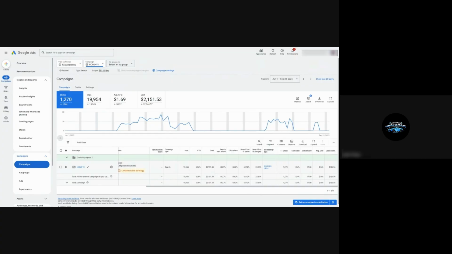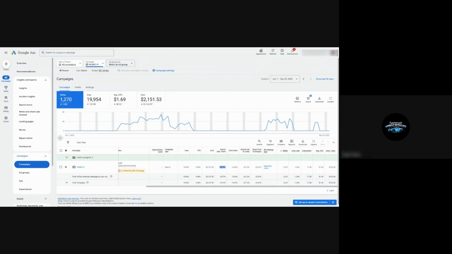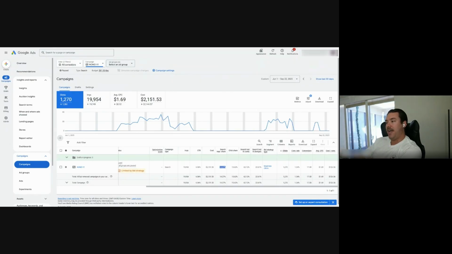14% of people saw my ad. Is that what you're saying? Or out of all the people running ads at the same time? Yeah. So out of anyone who searched anything that could have possibly triggered one of your keywords to show them your ads, you showed up 14% of the time. And then out of that 14%, let's say it's like 1 in 7, 1 in 8, those people clicked on your actual ad themselves.